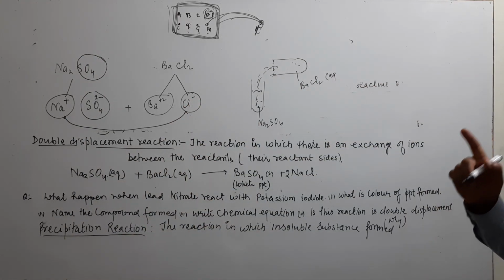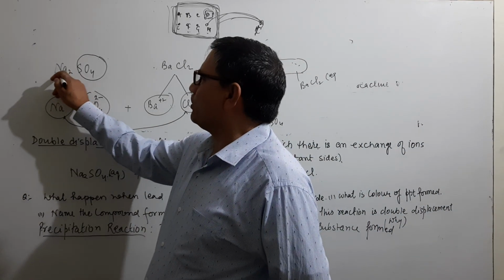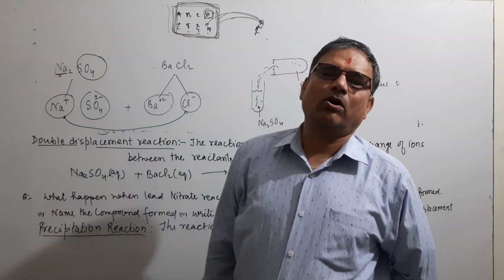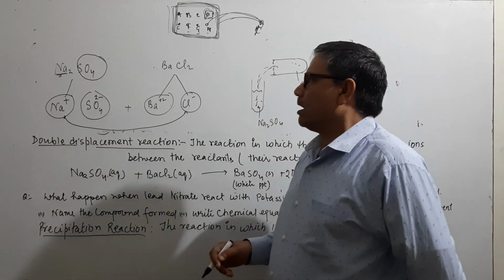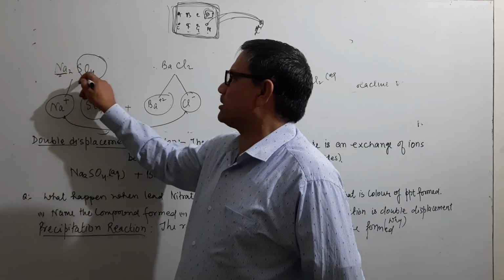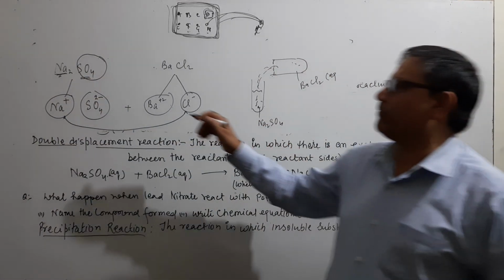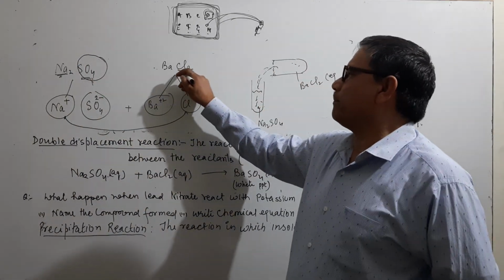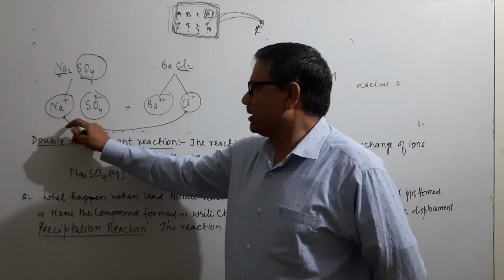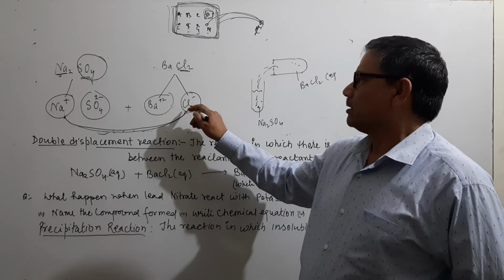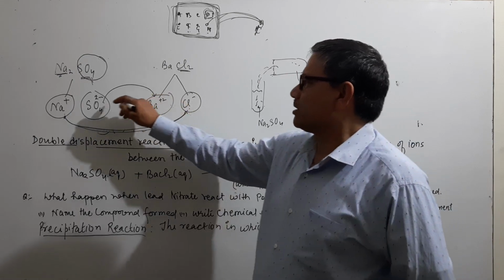It means sodium will react combined with chlorine. The first element in a given compound is always a cation, which means generally they are metallic in nature, and these are positively charged. The second will be SO4, another compound, either polyatomic or maybe non-metallic in nature. This cation is always combined with this chlorine anion, and this barium will combine with the sulfate,